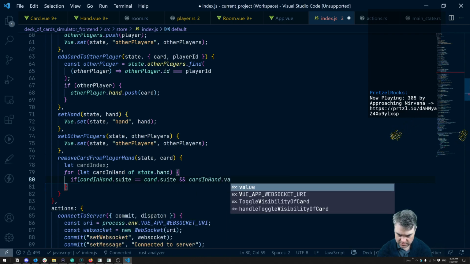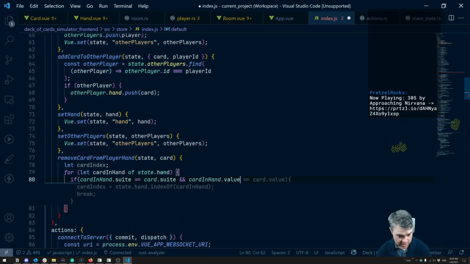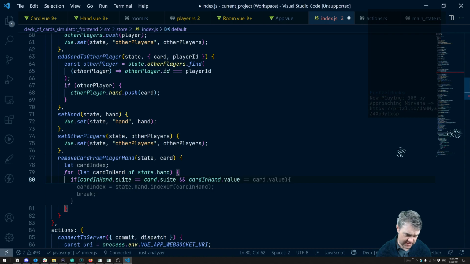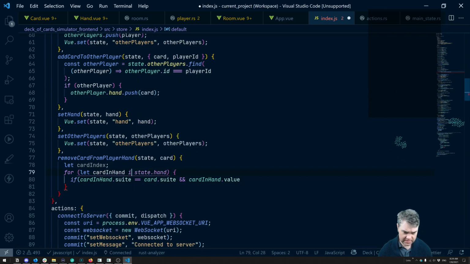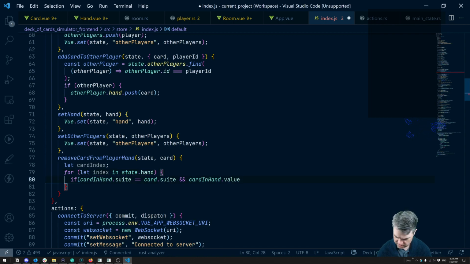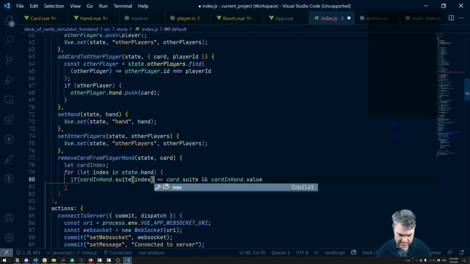Dot value is equal to card dot value, okay. Then, I guess we need both. I can't do "of", this is not helpful. So we're going to do "in". That gives us the index. So index, let's see, the hand. Okay, so hold on. If card has a suit, index equals